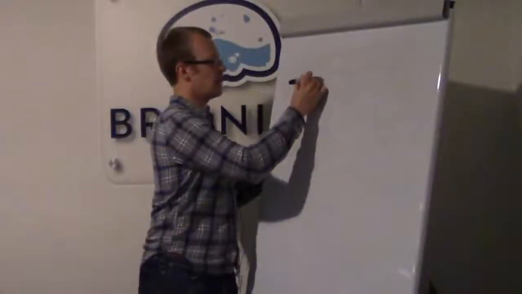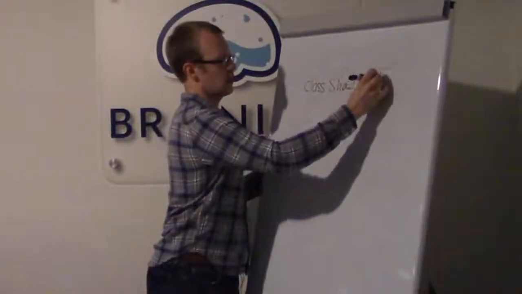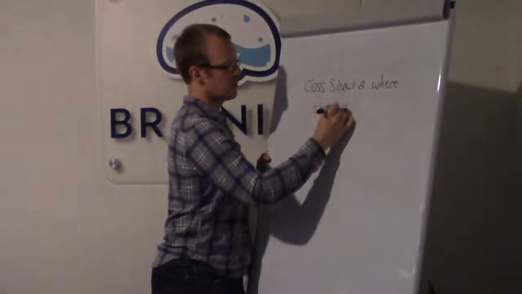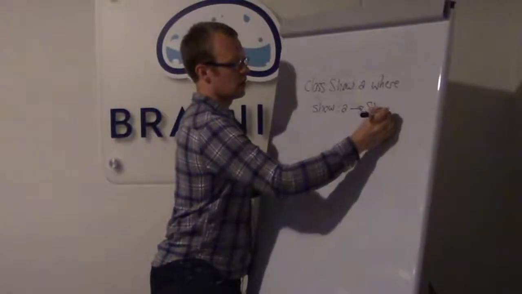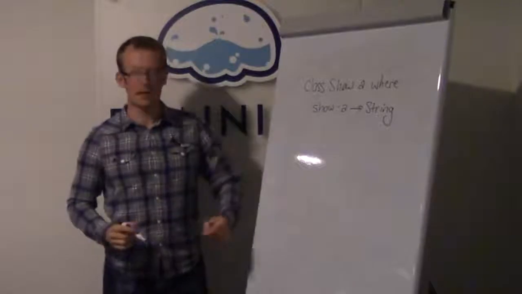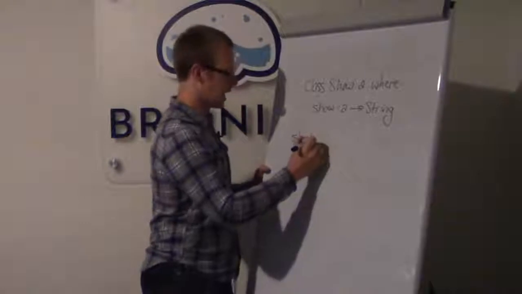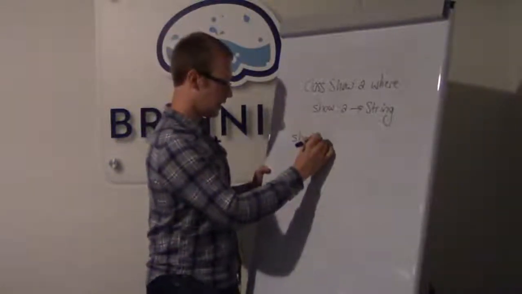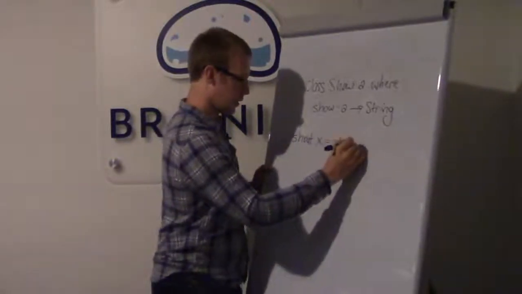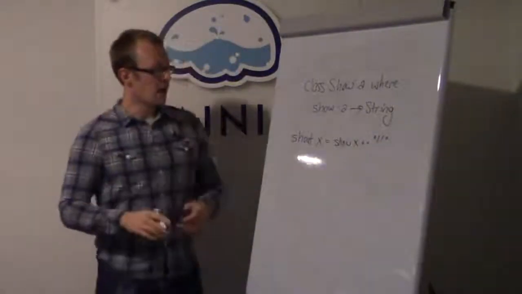So, a quick example: class Show a. This is essentially the same as in Haskell, though not exactly. I have this class called Show a, and it has a function that lets me turn an a into a string, the same function as in Haskell. Let's say I write a function called shout, and it takes an argument x, and it's implemented as show x ++ some exclamation points.